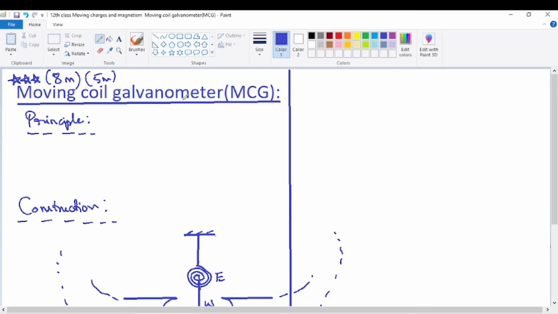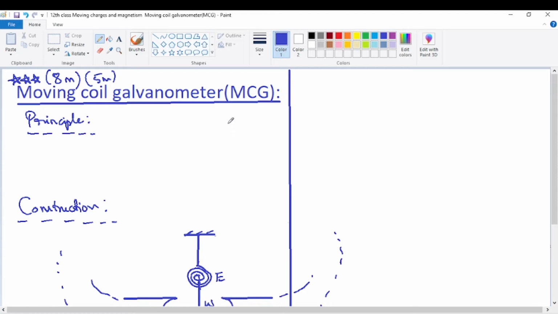Small adjustment is made. So firstly, the basic meaning of galvanometer is that it is used for detection of electric current. When current is flowing through a wire, whether it's flowing towards the right or towards the left can be known. And whether current is flowing at all or not can also be known using the device galvanometer. So why is it called a moving coil?